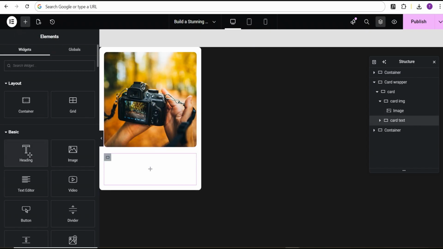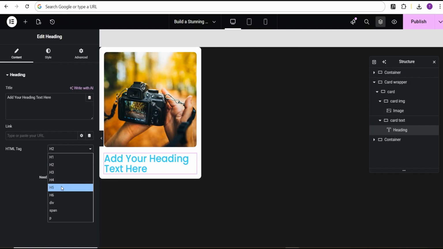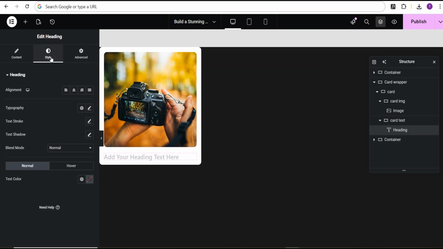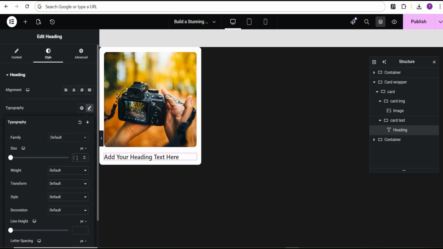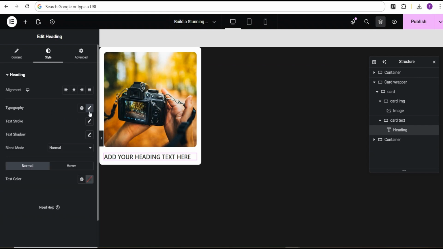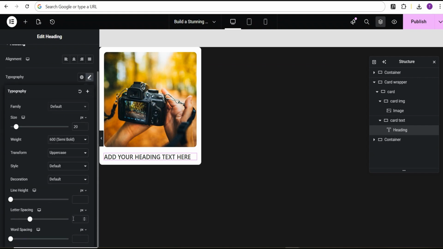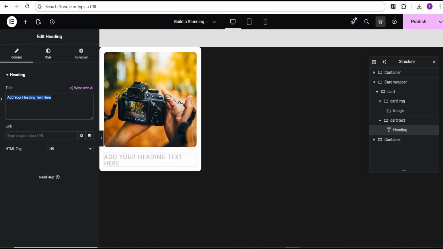Go to add element and add a heading. Set the HTML to H5. Go to style option, and then for the typography, I set it to 20 pixel. Weight, I'll set it to 600 semi-bold. Transform, I set it to uppercase. Then I'll come over here to where we'll have the letter spacing. I'll change the unit to EM and give it the value of 0.06. Then I'll come over to the content and let's just change this text here to